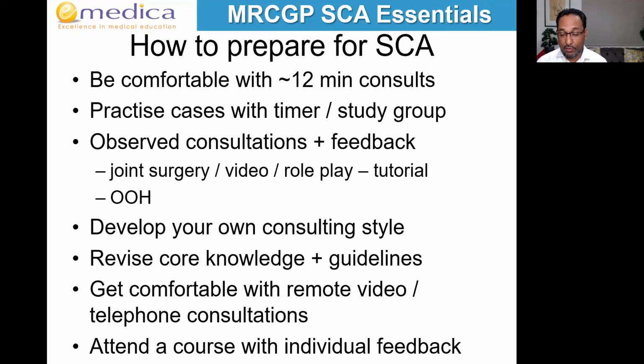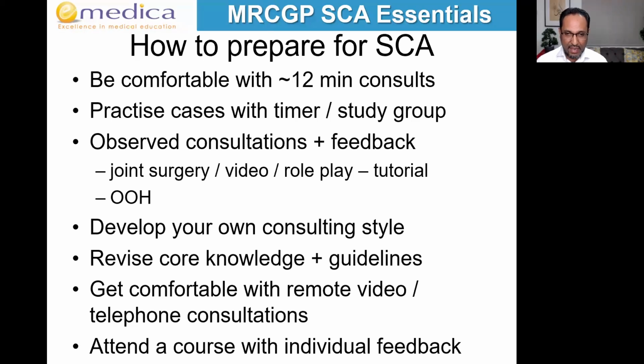Even in your study groups, doing it over Zoom or Teams or something like that. Because sometimes there are issues to do with that, some of the way that cues come across when someone's in front of you. That slight delay sometimes, where someone's talking and then you're talking, getting used to that takes a bit of time. And then if you can attend a course where you can practice cases with a simulator,